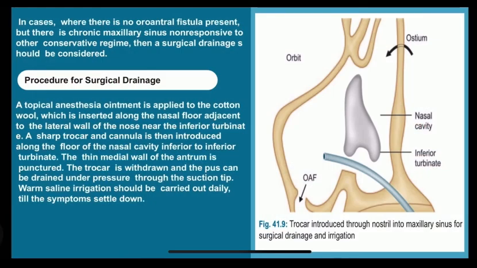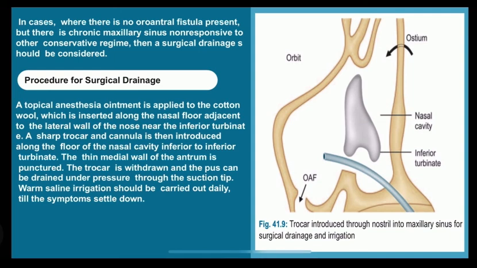So in cases when there is no oroantral fistula present, but there is a chronic maxillary sinusitis non-responsive to other conservative regimen, then surgical drainage should be considered. First, for the procedure of surgical drainage, a topical anesthesia ointment is applied on cotton wool, which is inserted along the nasal floor adjacent to the lateral wall of the nose near the inferior turbinate. A sharp trocar and cannula is then introduced along the floor of the nasal cavity inferior to the inferior turbinate,